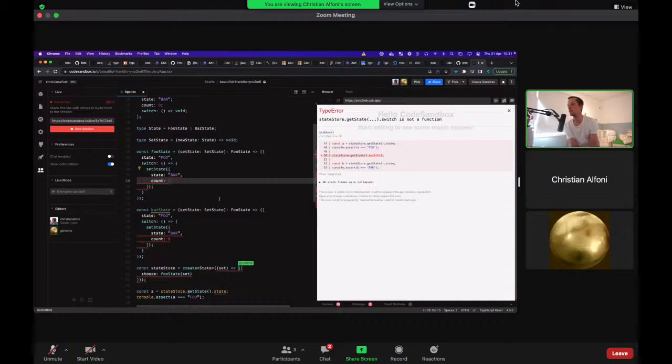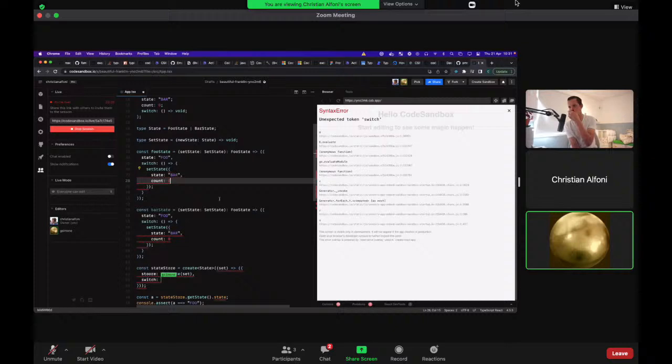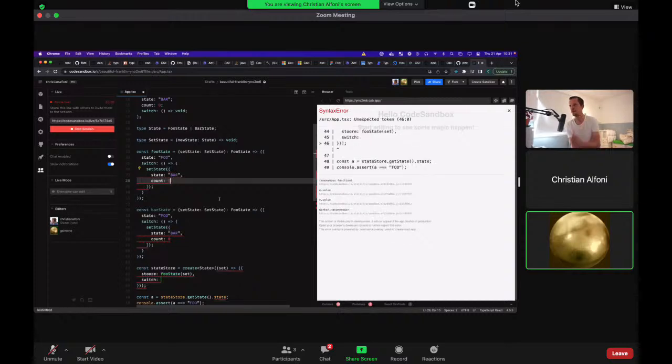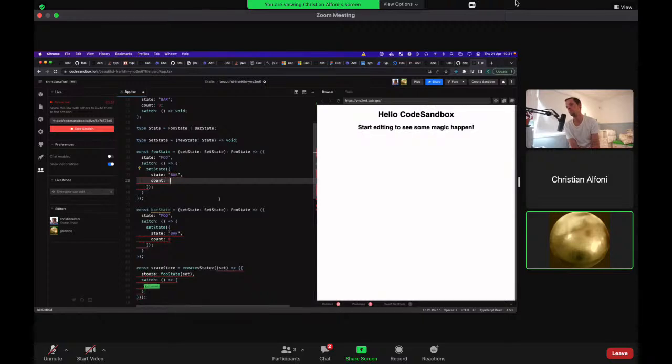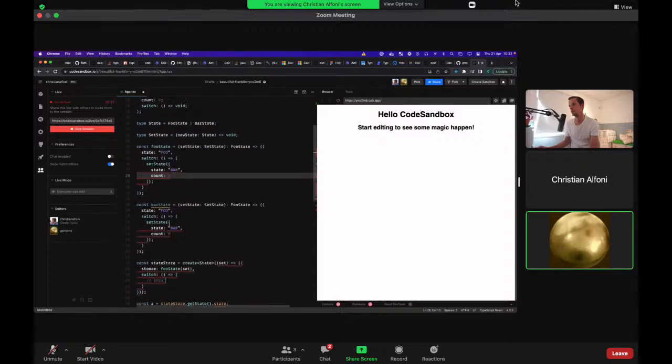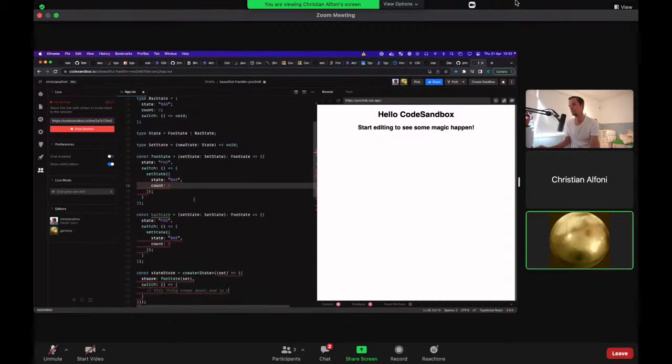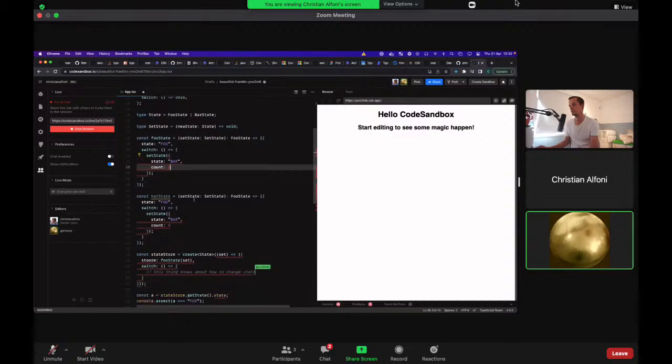You could spread it as well. You could spread the foo state, but then you have to make sure that you don't override switch, and it's a bit... I don't know. Why is it all red? Oh no, but yeah. And then I was saying that this switch here is just this thing that knows how to change state, so you don't have to always write it on every